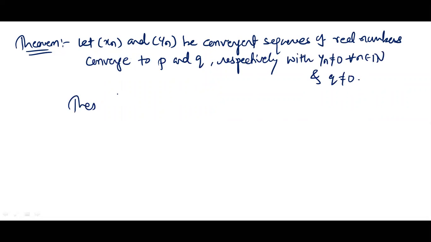Then the quotient of xn and yn is a sequence whose nth term is xn by yn, and we can note that it converges to p by q. It's easy to prove using the previous two results, because